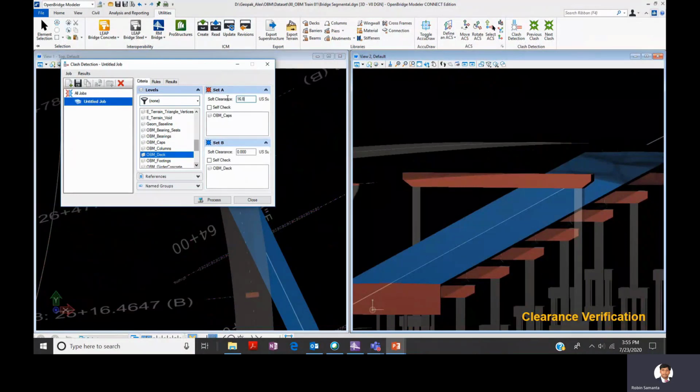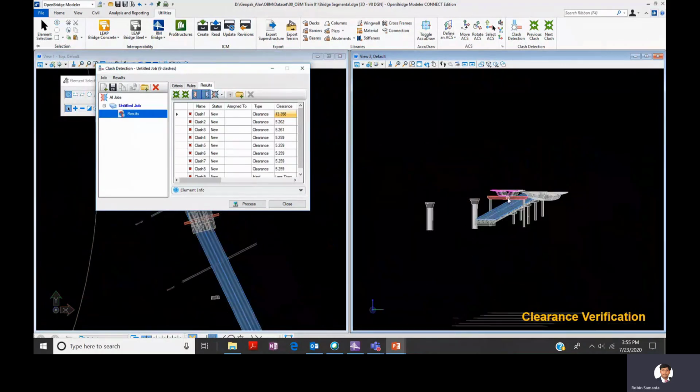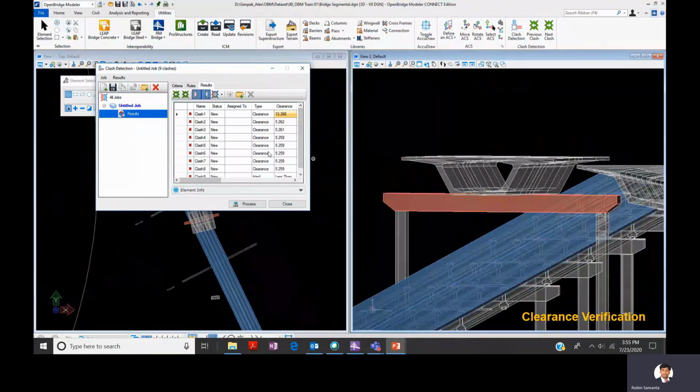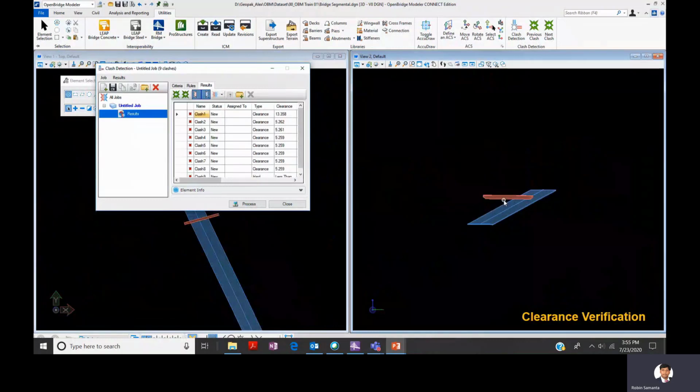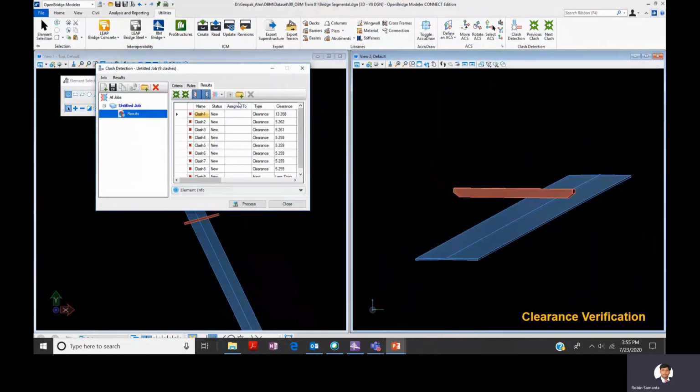And obviously these are very unique tools which you have in OpenBridge Designer, right? Generally, if we follow a general drawing tool, we need to manually check those things. But here you can see, as OpenBridge Designer is specifically built for bridges, you can easily identify the clearance requirement and check whether there is a clash or not, right?